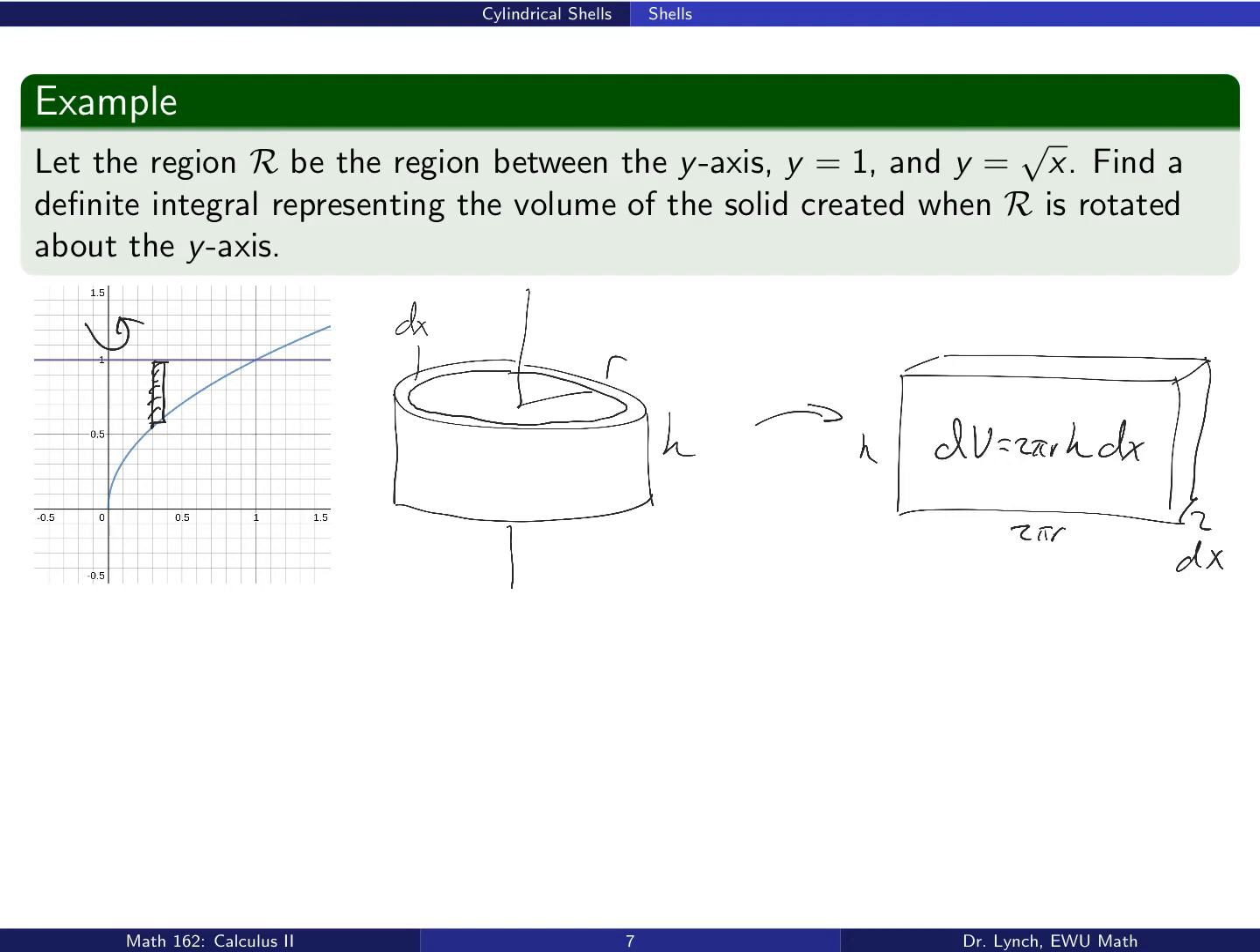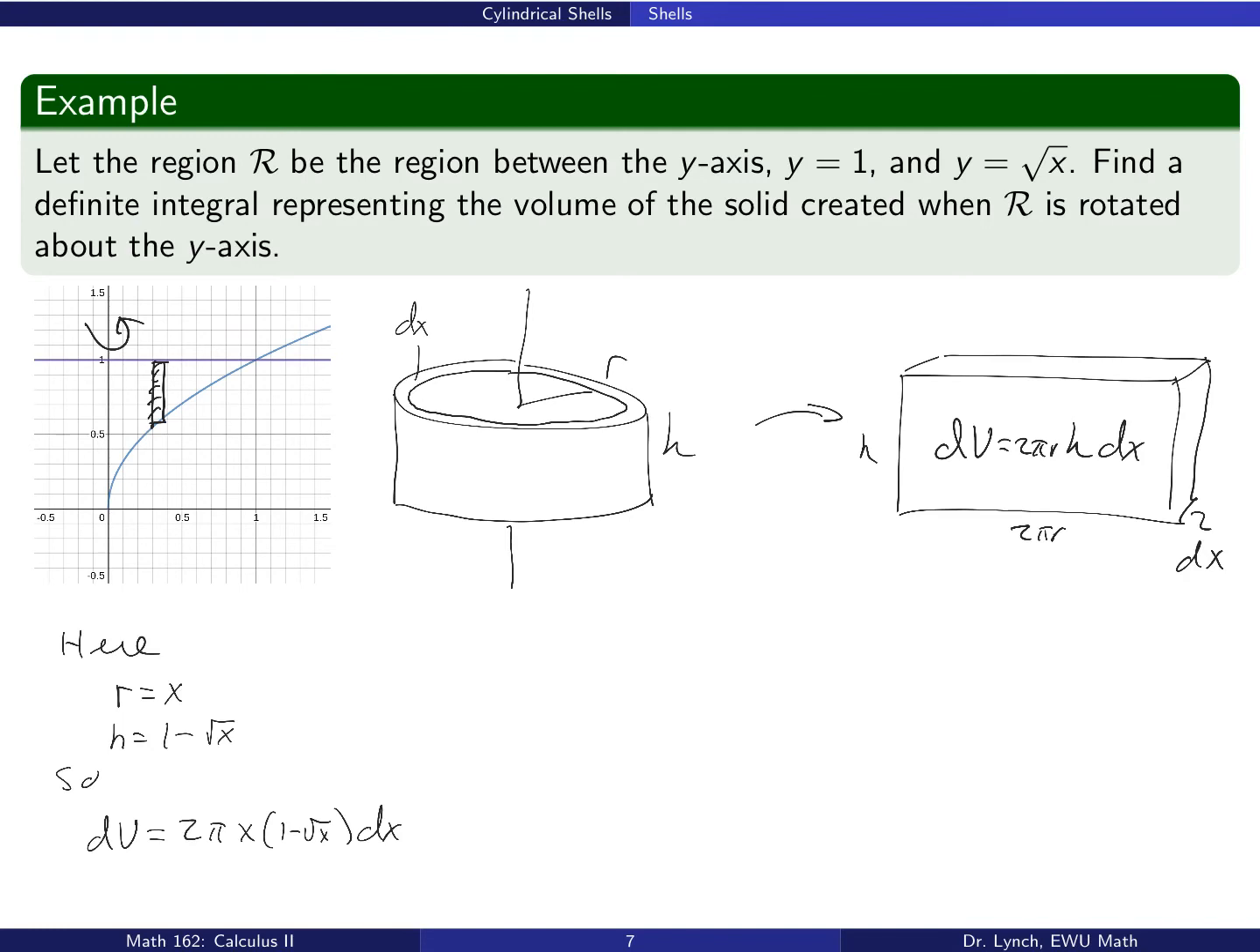In this case, again, r comes from the distance from the y-axis to the slice. That's just x. And the height in this case, as it turns out, comes from the quantity generated by the difference in those two curves. So r equals x, h equals 1 minus the square root of x. This gives us an expression for the little bit of volume dV: 2 pi x times 1 minus square root of x dx. Now, once again, it's important to have all x's in this quantity